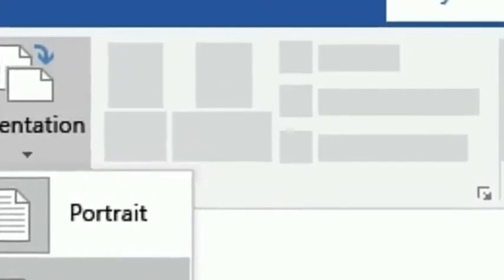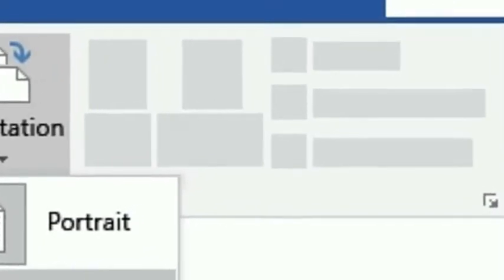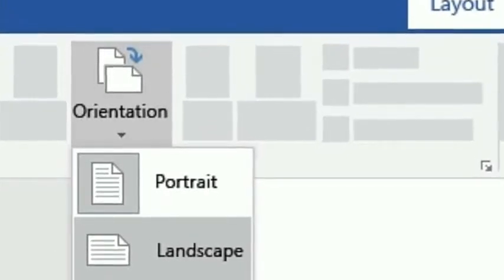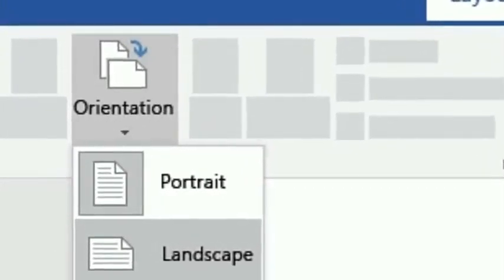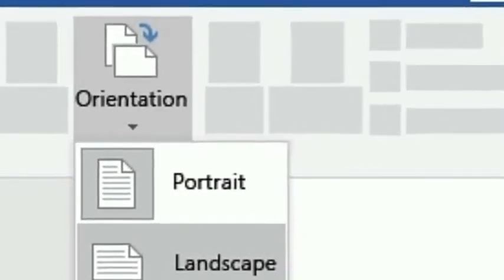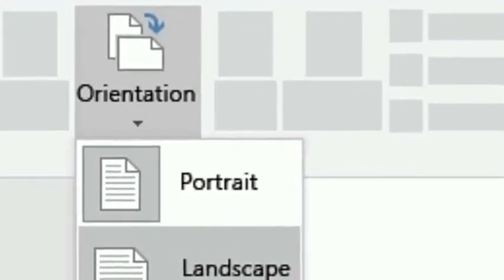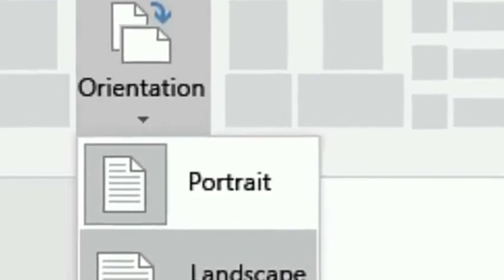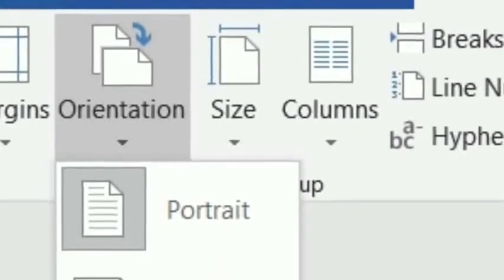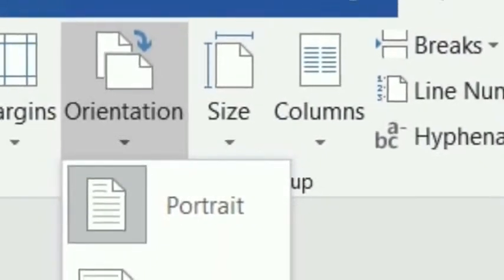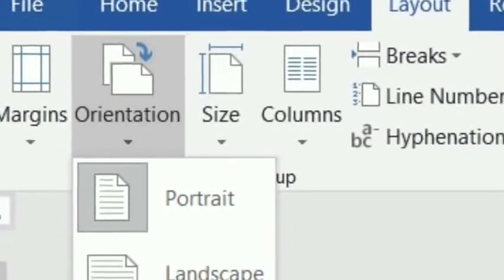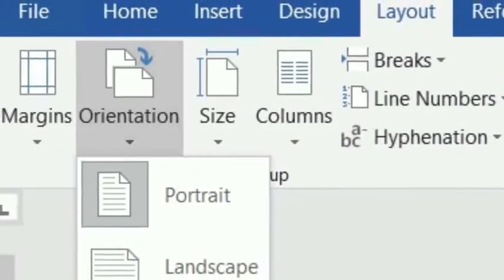To change the page orientation, what you need to do? You need to go to the Page Layout tab, then the Page Setup group, then click the Orientation button. Then a drop-down list will appear on your screen. Next, click either the Portrait or Landscape option, so that Word displays the page according to the selected orientation. This is about page orientation.